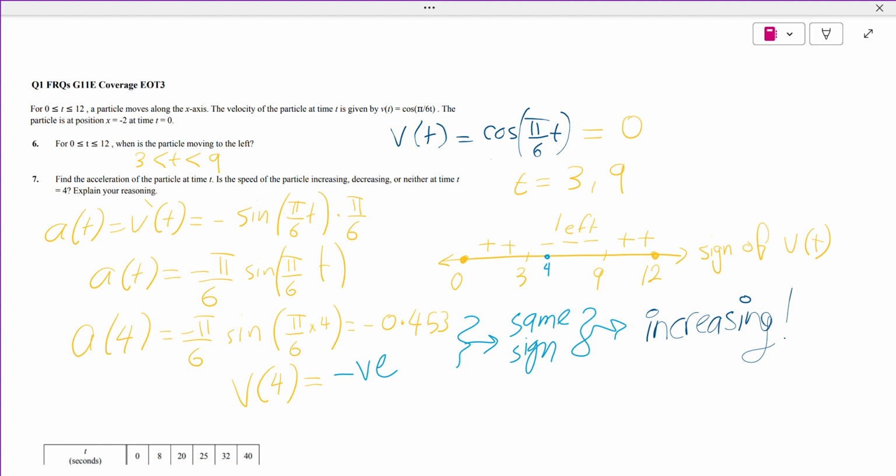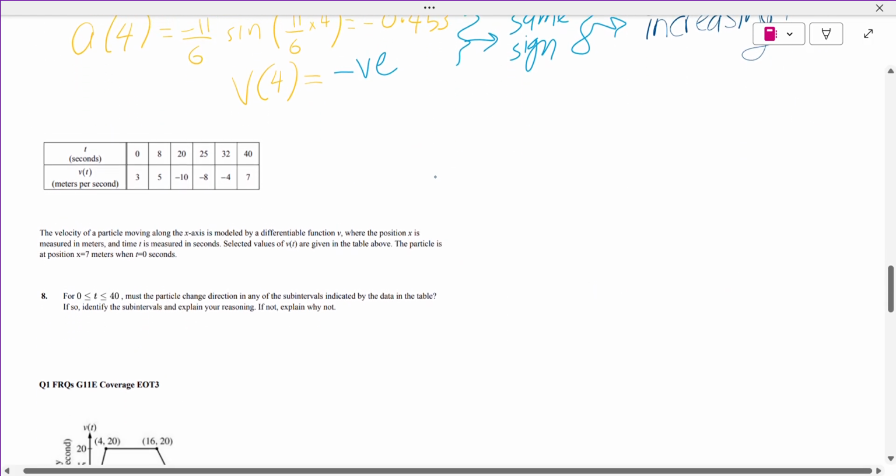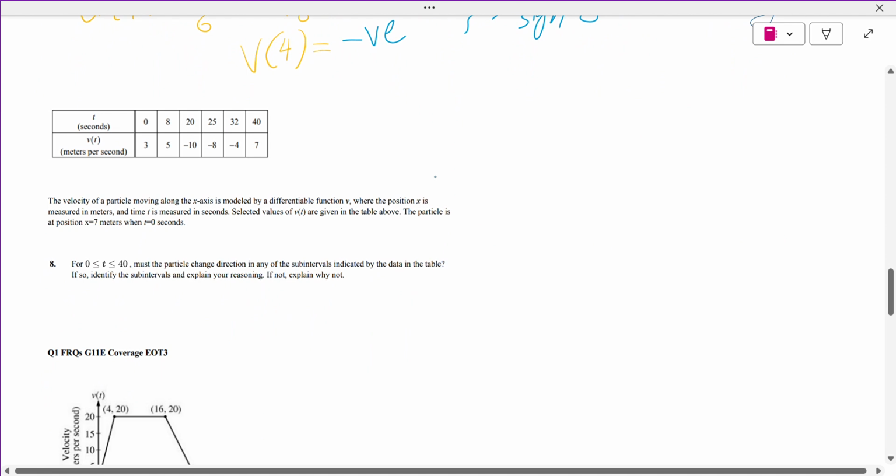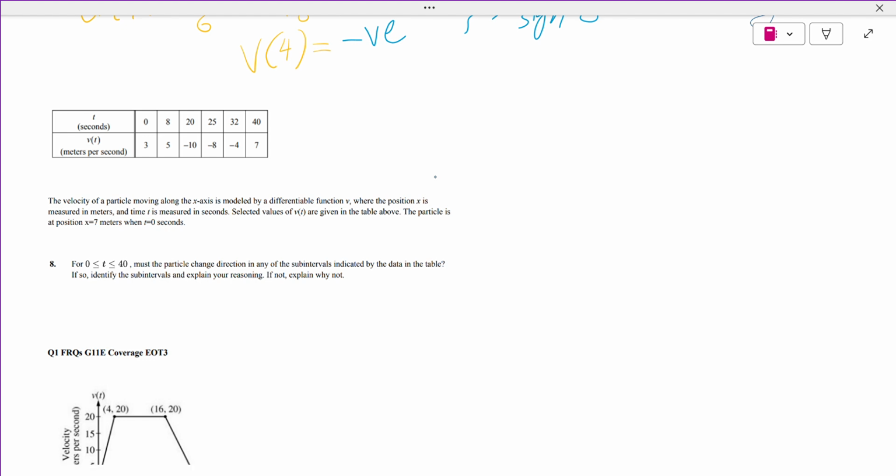Okay, moving on to question number 8. Question number 8 says the velocity of a particle moving along the x-axis is modeled by a differentiable function v, where the position x is measured in meters and t is measured in seconds. Selected values of v of t are given in the table. The particle is at position 7 meters when t is equal to 0. For the interval from 0 to 40, must the particle change direction at any of the sub-intervals indicated by the data in the table? Well,